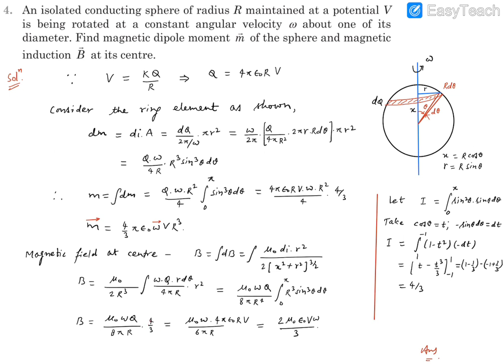It can be further simplified by putting in the q value, which we know. So it will be mu naught omega, and the q value is 4 pi epsilon naught r into v, divided by 6. There was 4, then this was settled, then 2 and 3 got multiplied to make it 6. So that is 6 pi r. Now they can be further cancelled by 2, so it's going to be 2 mu naught epsilon naught v omega by 3. If you are looking for the magnitude, its direction is also going to be in the direction of omega. So that will be the final answer in terms of a vector quantity. This is how we are able to find the magnetic moment as well as B. Thank you.